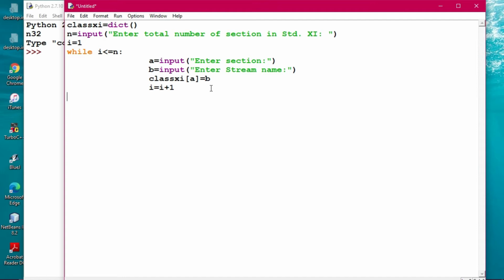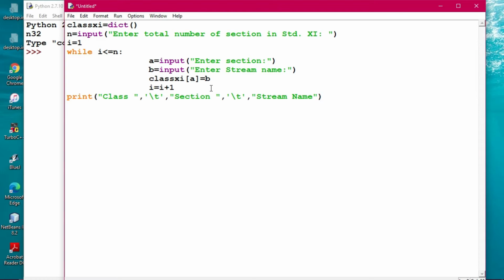Now you are coming over here. Print, then we are writing here class, then comma. Then we are giving the escape sequence, that is slash t, the tab key actually. Comma, and then we write section, and then comma. Again we write slash t, that is the tab key. Comma, and then we write stream name. So these steps have been shown to you practically, so you should not have any kind of problem while doing the practical.